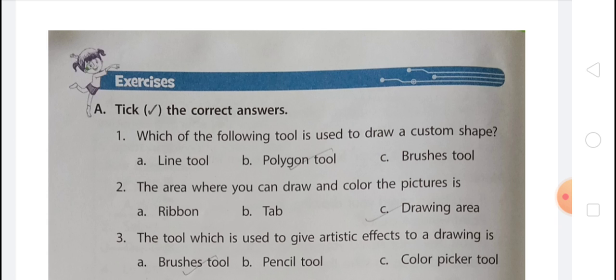And after that, there is the eraser tool. To erase any part of a drawing, you can use the eraser tool. To use the eraser tool, you have to follow these steps. Select the eraser tool in the tools group. After that, move the pointer onto the drawing area. The pointer shape changes to a square. Click and drag the pointer over the area you wish to erase.